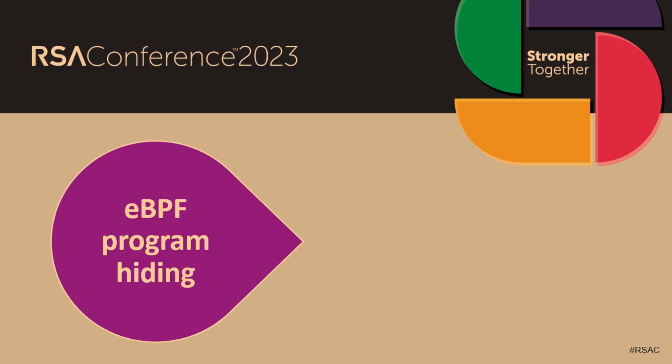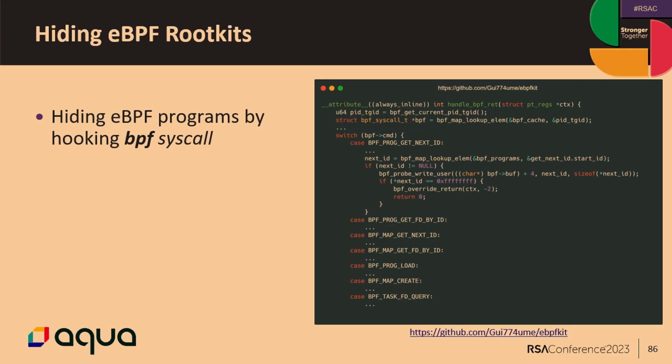Okay, so we are getting to the program hiding. Now, do we have hooking techniques in eBPF? We can modify responses. We want to hide our eBPF, and one way to do it is just hook ourselves on the BPF syscall, which we mentioned earlier. The BPF syscall is used not only to load programs, but also to list the loaded programs. That depends on the CMD, or the command, that is being provided to the syscall.